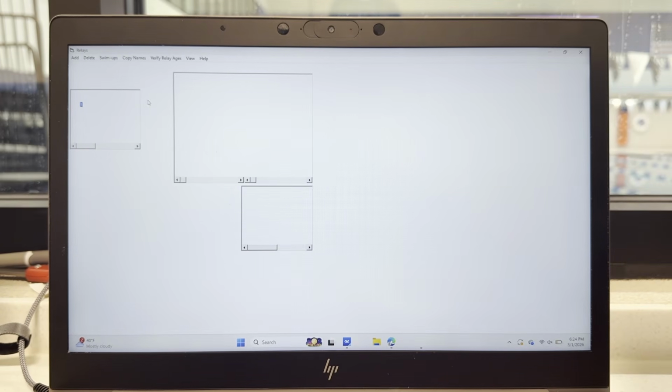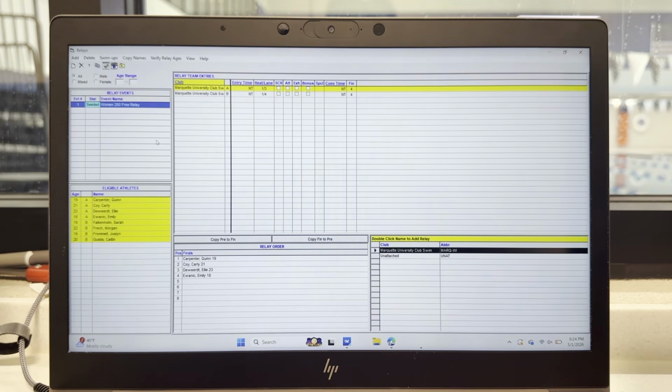Maybe the relays don't show there. Let's start with relays, and then we can go into individuals. Unfortunately, we don't have any additional swimmers. But let's say, and I've had this happen before when I've been running a swim meet,